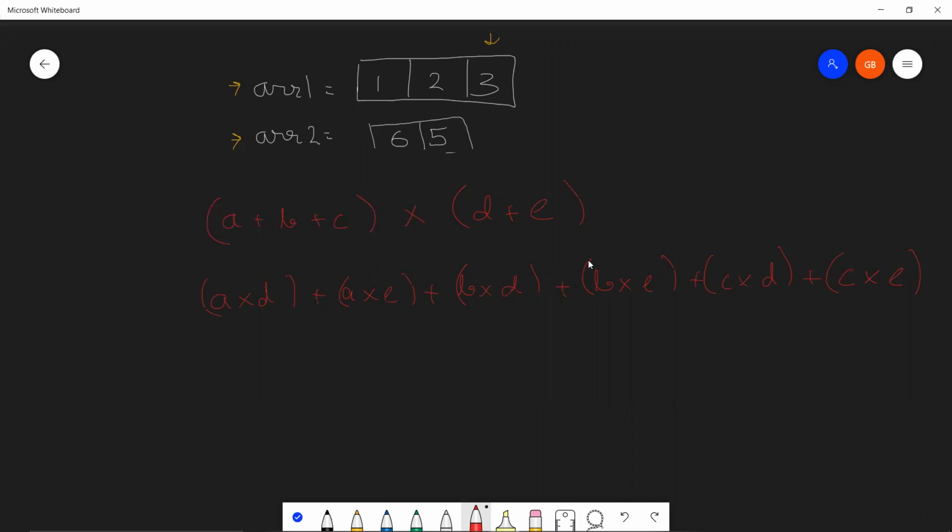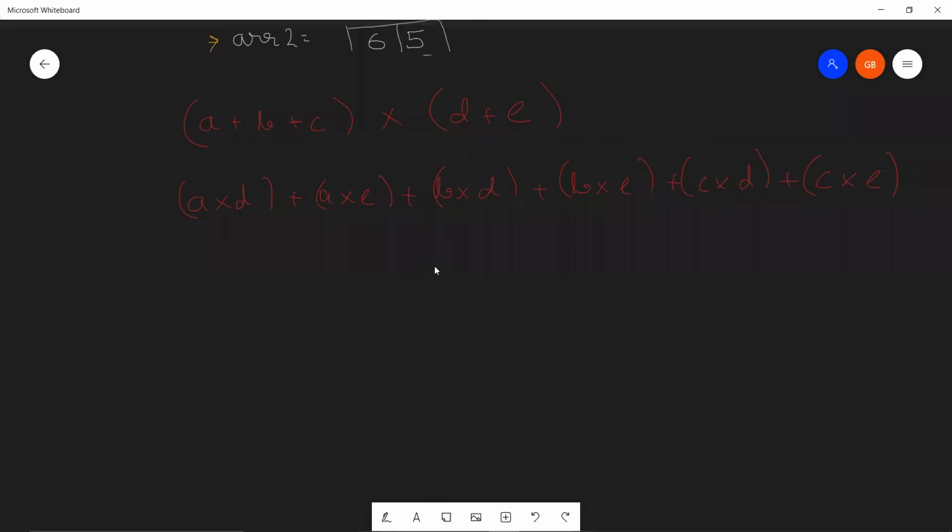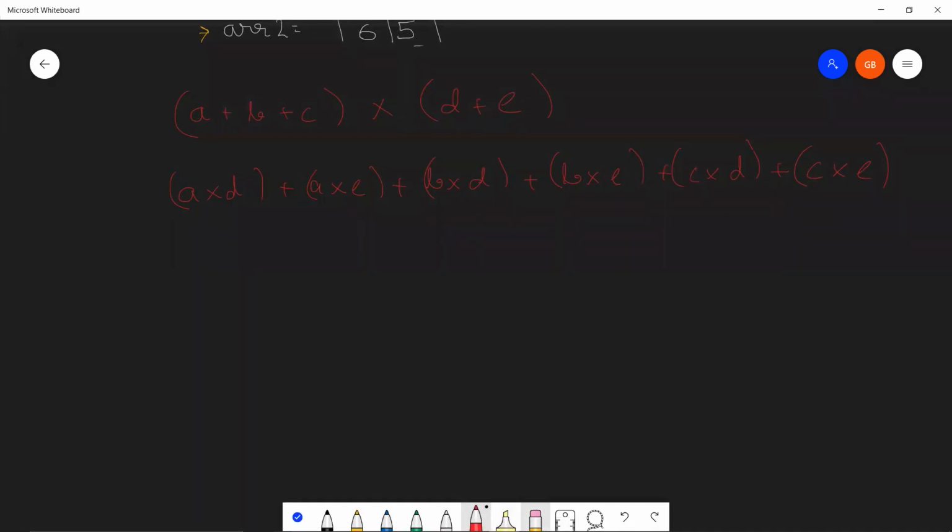Something similar can be done with the XOR and AND operators. Let's see how. So now let's see what I'm talking about. Suppose we had something like this, (A XOR B XOR C) AND (D XOR E).